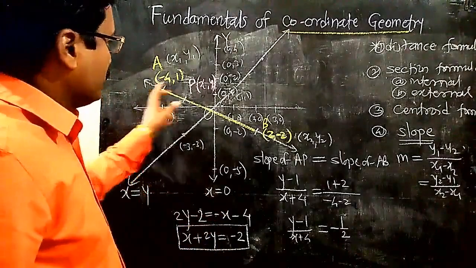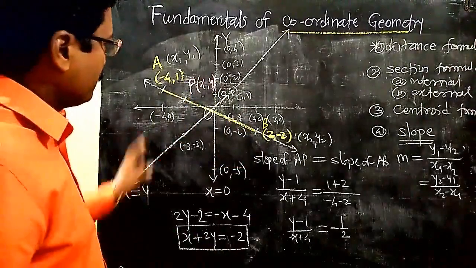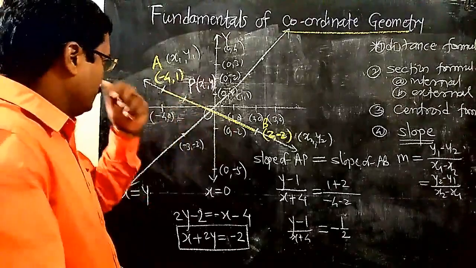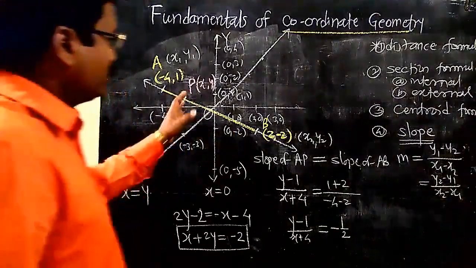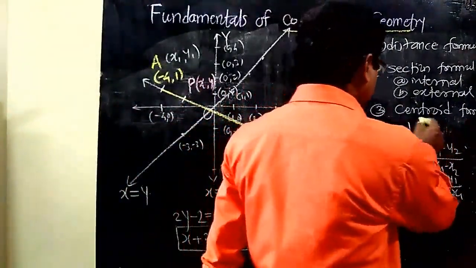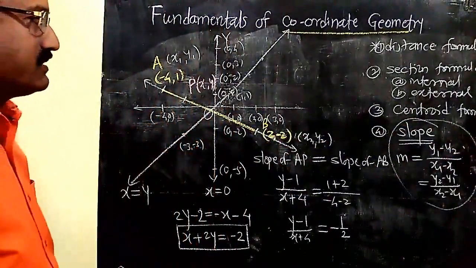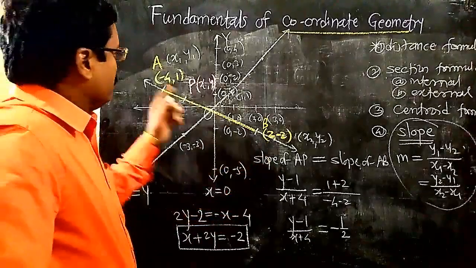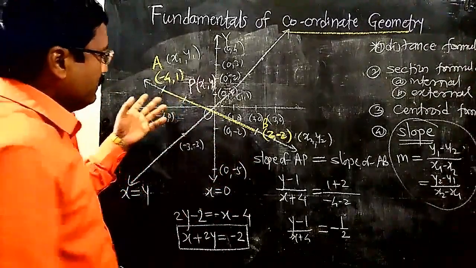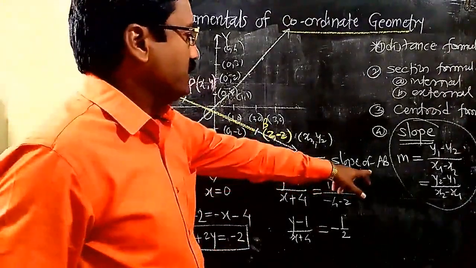What we have done: we have taken 2 points, and to find the equation of a line passing through 2 points, we have taken any one point x, y on that line. We have used the concept of slope. Slope is nothing but the difference between y coordinates upon the difference between x coordinates. Remember this formula because we have to use the same in derivatives, that is in calculus. Then using the slope formula, we can write that the slope of AP is the same as the slope of AB because these 3 points lie on the same line. So the slopes of these 2 lines AP and AB are the same.